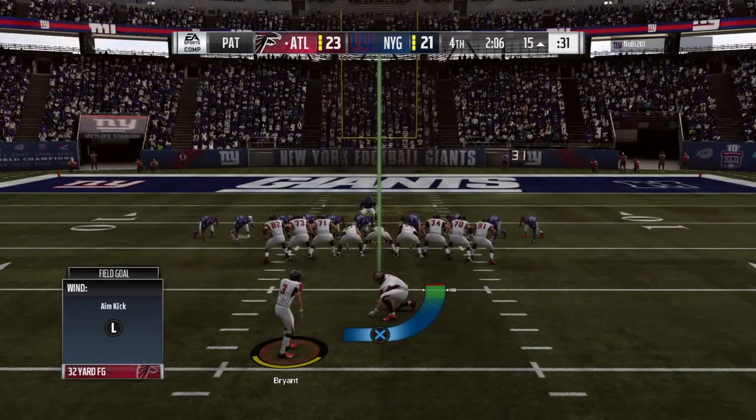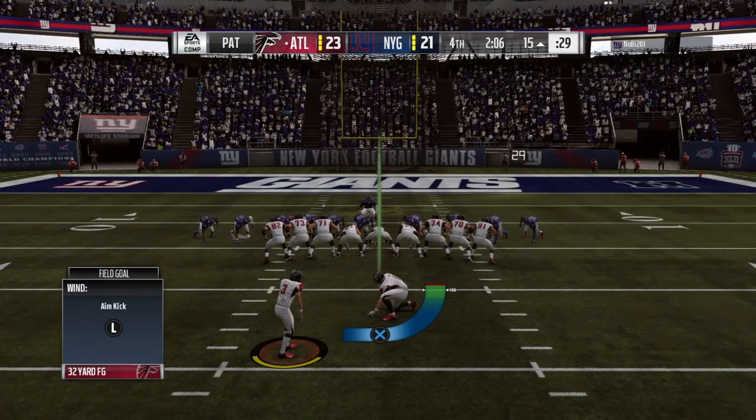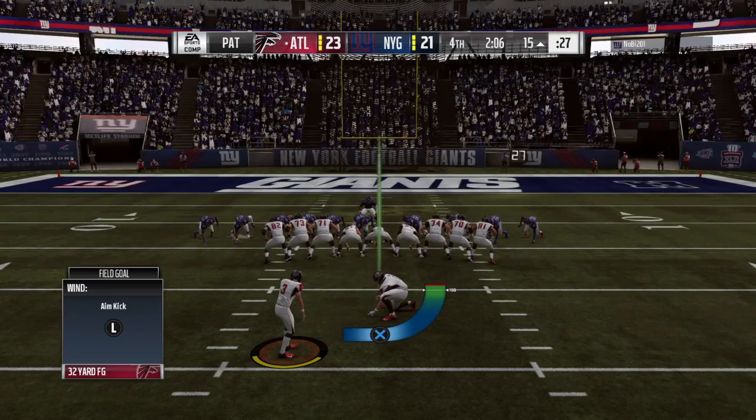Might be seeing that one on the highlight shows tonight. The home run ball here in the 4th quarter to take the lead. There's nothing like being